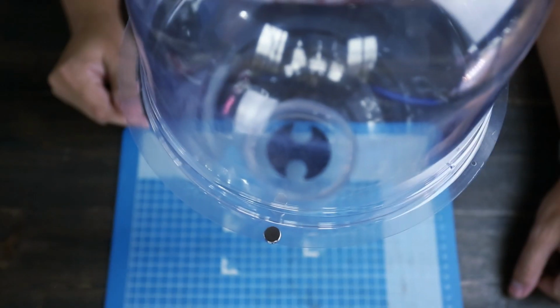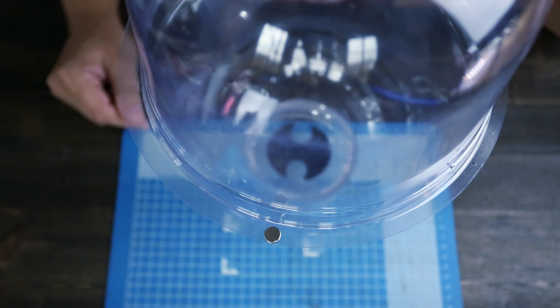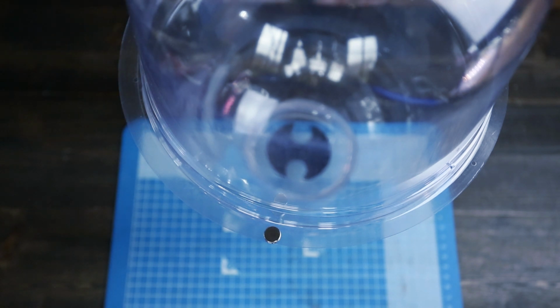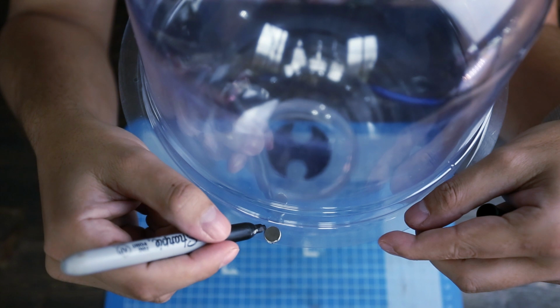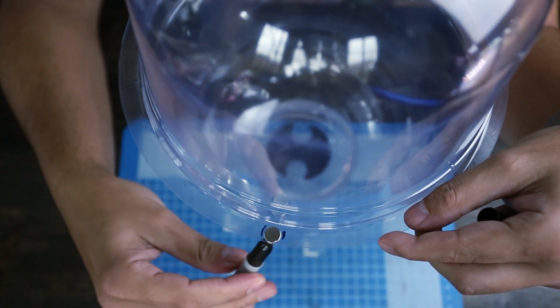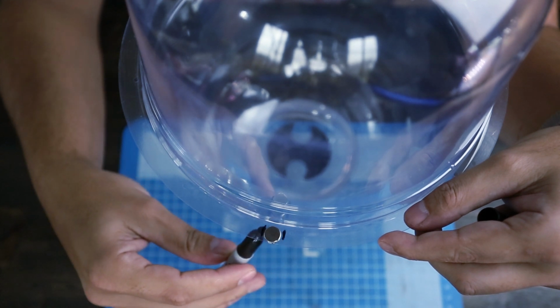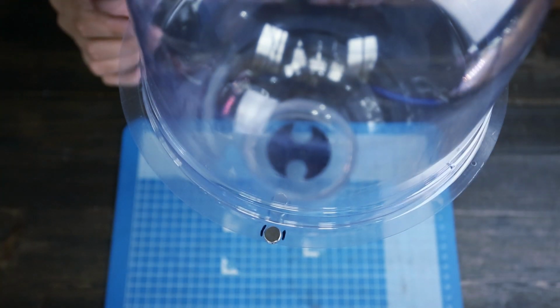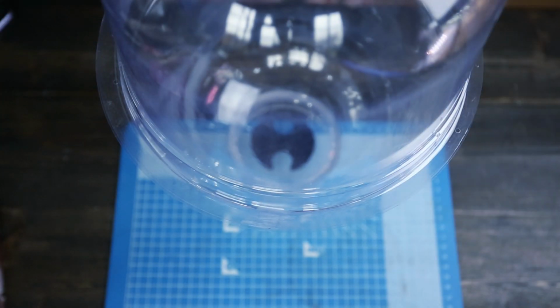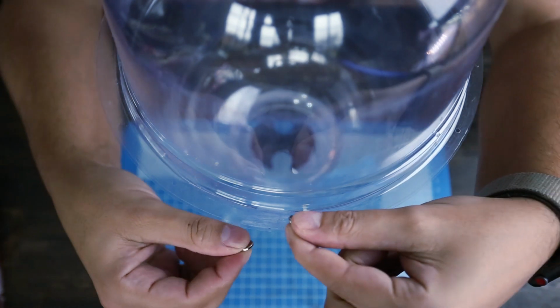Now you can attach the magnets using the hot glue, or my preferred method is to mark out where they are now, slightly sand the area that they're on, and then use the remaining epoxy to fix them onto the cloche. So I mark them off just using a pen, and I mark them at the top and below, just so it gives me the guide of where there needs to be sanding. Now that the area has been roughly sanded, you can place the magnets back on,